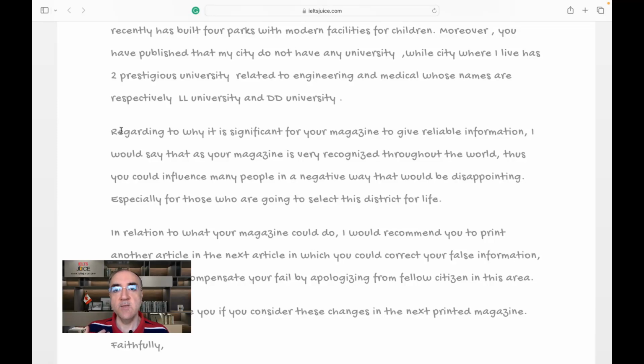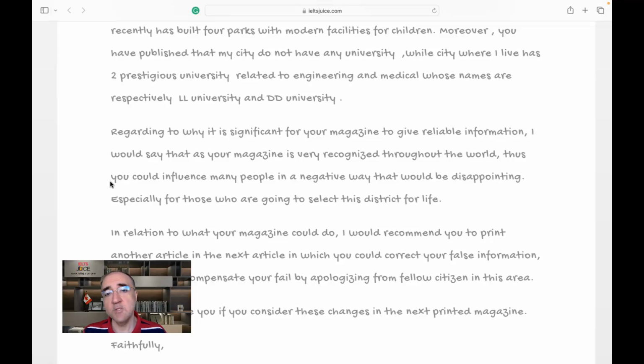But this sentence somehow gives me the idea that you could influence many people in a negative way. It's like it's your job. You always give people negative influences, which is, I'm sure it's not the intended version of this letter. So